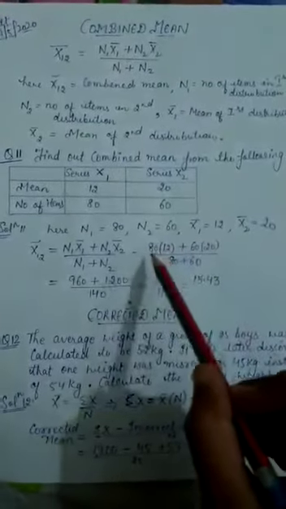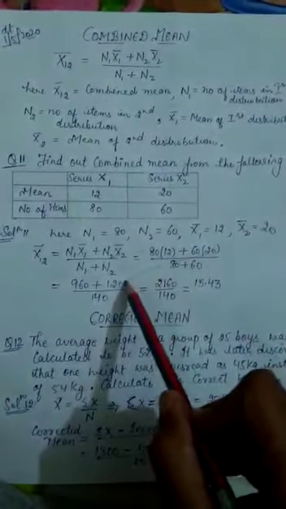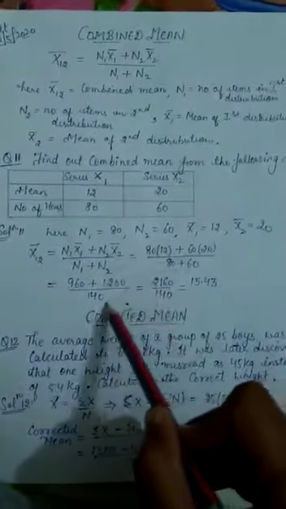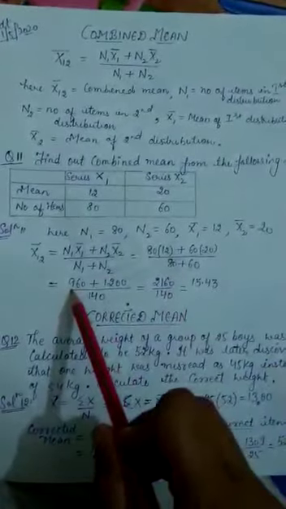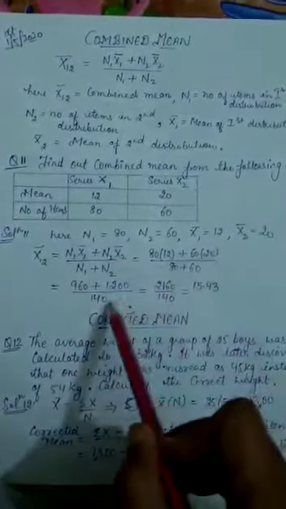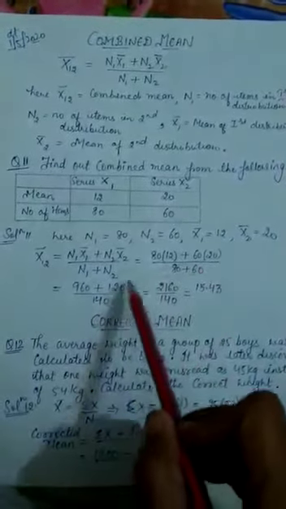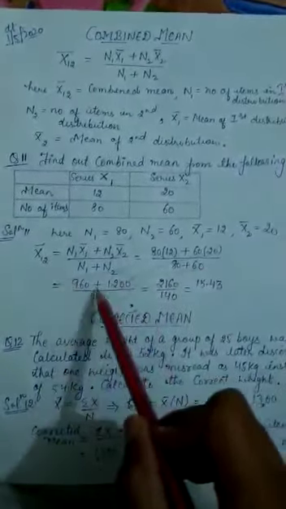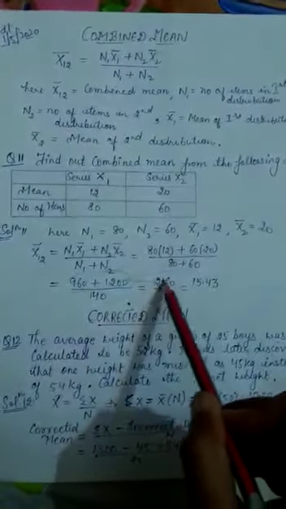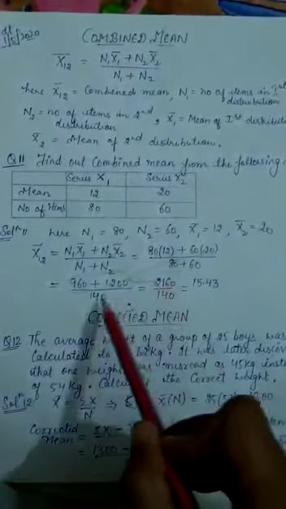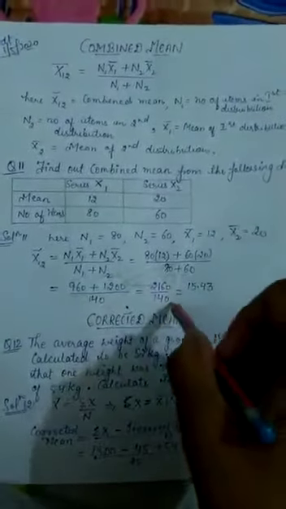So 80 into 12 will give you 960, 60 into 20 will give you 1200, and 80 plus 60 will give you 140. Now you will add 1200 plus 960, you will get 2160, and this is 140. When you divide this 2160 by 140, you will get